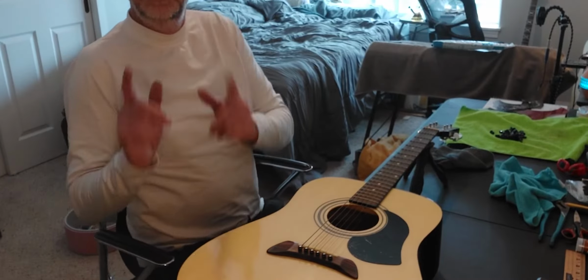It's a full-size dread, which is kind of cool. Does have a truss rod, which is awesome. So here we go. First thing I do is drop all the strings. Okay, once they're down to tension, I'm going to be ditching,